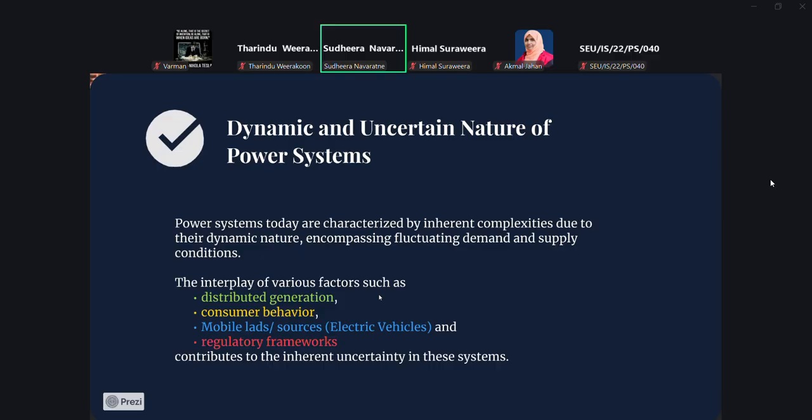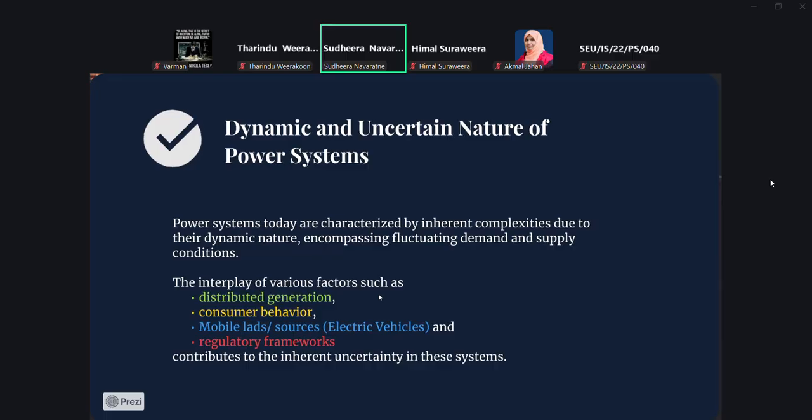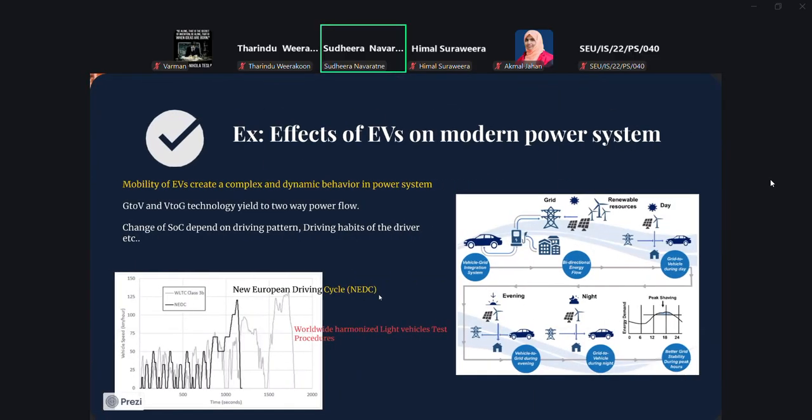So some sort of regulatory measure is taken, so there is a control, right? When all these things come together, the system becomes more and more complex. So how can we model this type of very complex system?